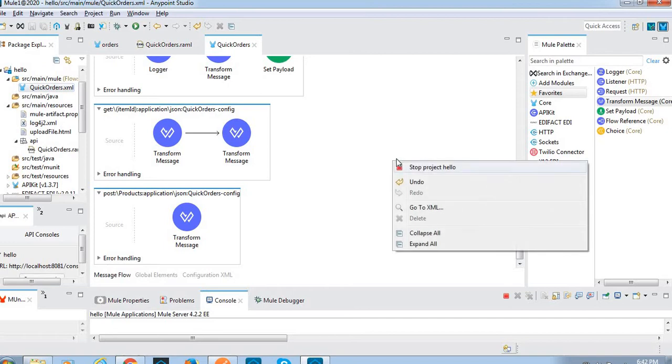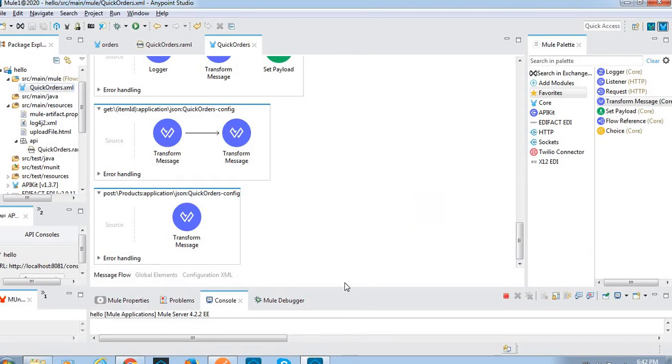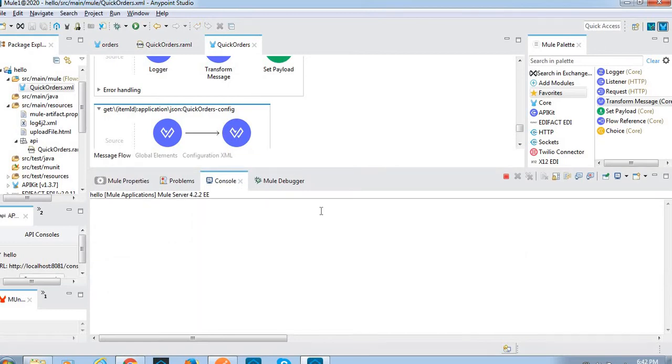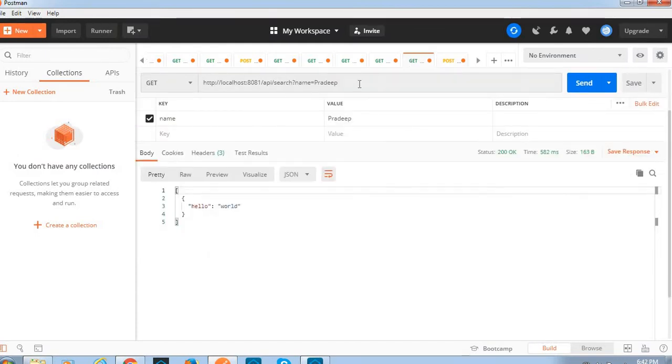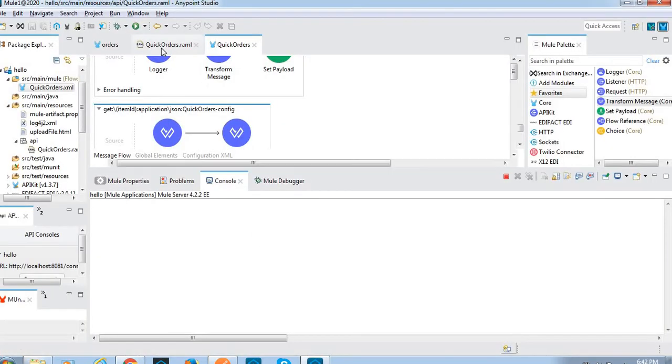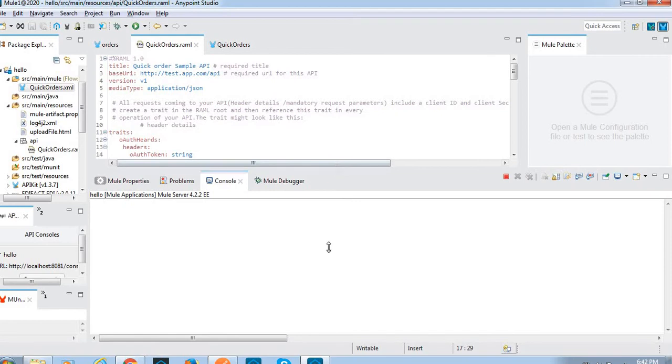run this application. See, actually I have run the application. It's successfully deployed, and let me make a request. See, let me open my Postman. We'll check. See, let me go to the quickorders.raml file.